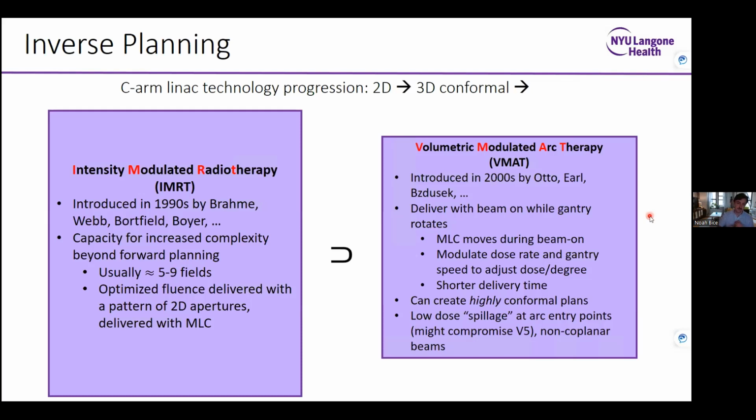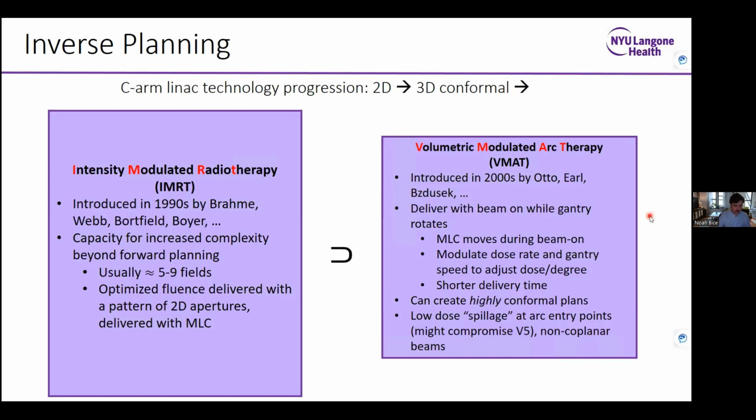Some facets of VMAT are that we will only consider one aperture per gantry angle. The MLC will move while the beam is on, and we modulate dose rate and gantry speed to adjust the dose per degree. One great thing about VMAT in terms of clinical efficiency is that it can typically be delivered in a shorter time frame compared to IMRT,